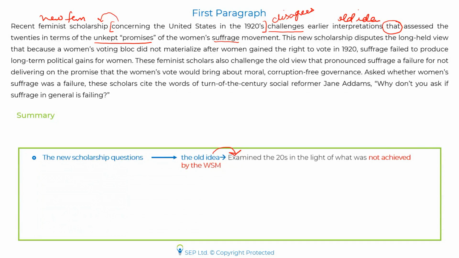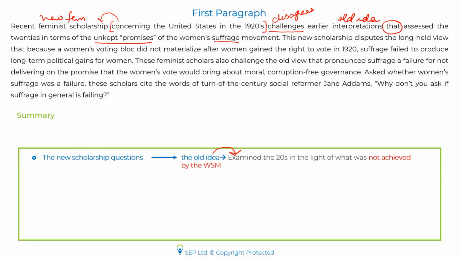But before I proceed, guys, I want all of you to let me know: are you able to follow how I broke the sentence, how I connected the various pieces of the sentence, and how I drew the meaning of this one sentence? Were you guys able to understand how I broke the sentence into segments, joined the pieces, and drew the understanding that the new scholarship is against the old scholarship?